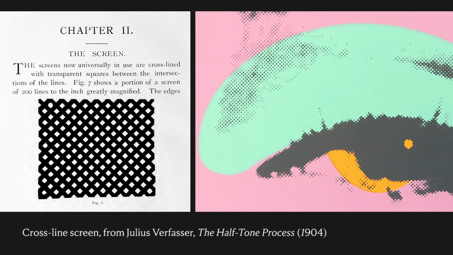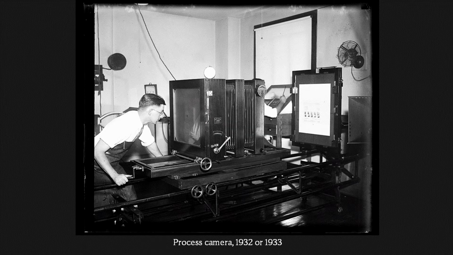To make a halftone, you photograph a photograph through sheets of ruled glass that form a diagonal net pattern. Warhol's halftones were made through such screens commercially using process cameras. Now, I found two incredible mid-century videos that give us a good sense of how the process camera and cross-line screens worked in commercial printing operations. These show halftones being made into metal plates for engraving, whereas in Warhol's case, they were made into screens for screen printing. But the translation principle is the same, and so I think these will be instructive for us.